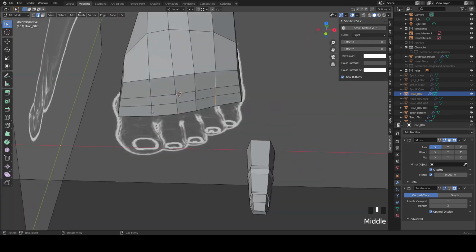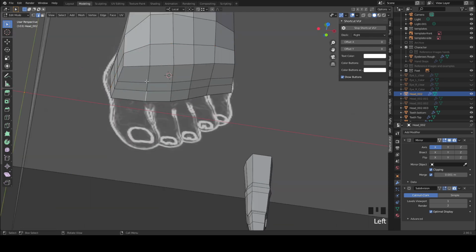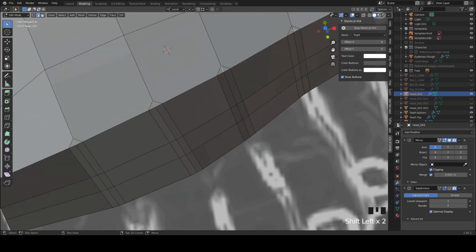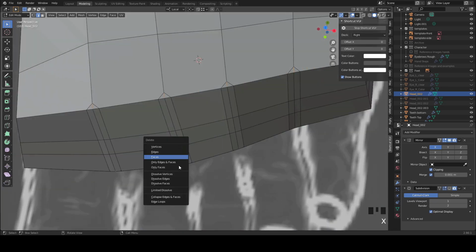Let's also add the webbing in between here. Oops. Just like we did with the hands. And I think we want to add a cut here first. Okay, now we'll do this. So grab all of these. It's Control B. Yeah, there we go. Roll the mouse one time. And then we will delete, X, dissolve edges,